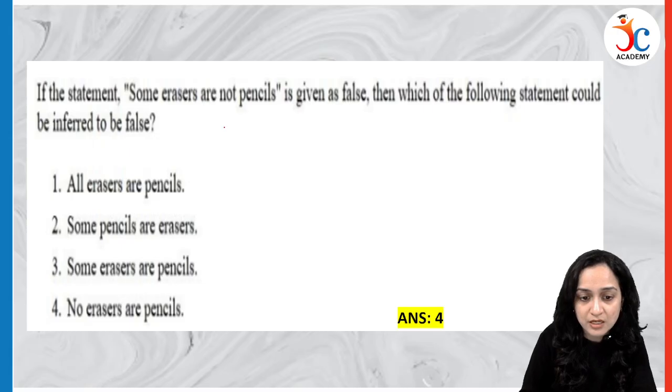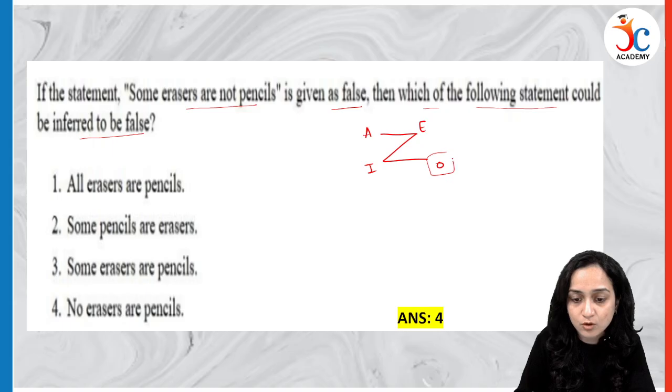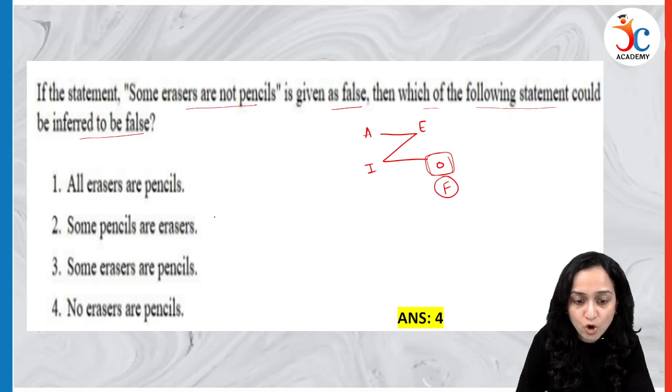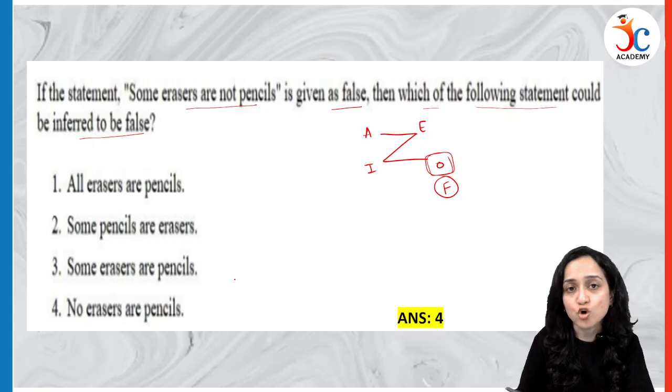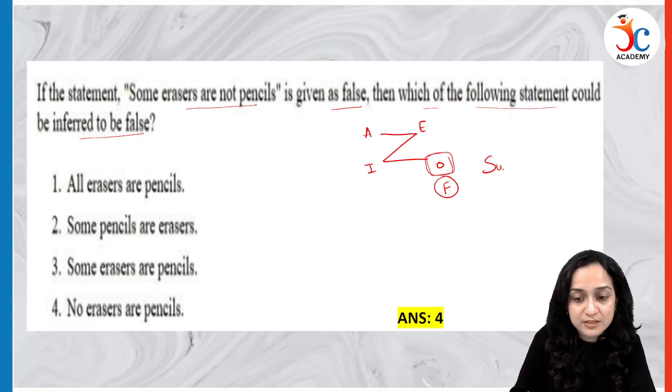Question number 2. Some erasers are not pencils is given as false. Then which of the following statements could be inferred to be false? All you have to do is make this diagram A, E, I and O. Some erasers are not pencils. O proposition is given and it is given as false. Now from these options we have to identify which option will be false in nature. If I apply the property of subalternation,